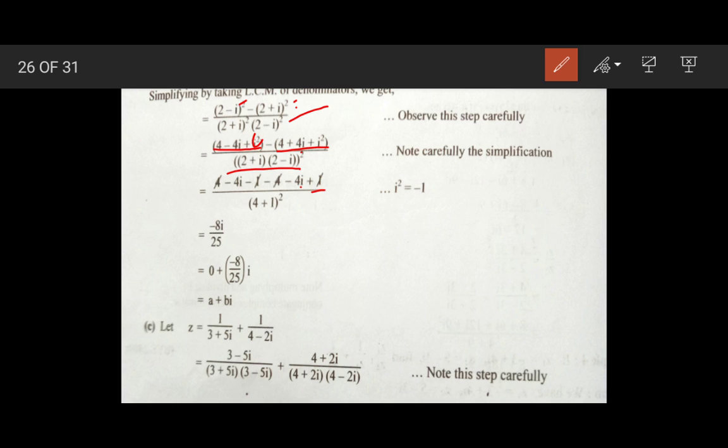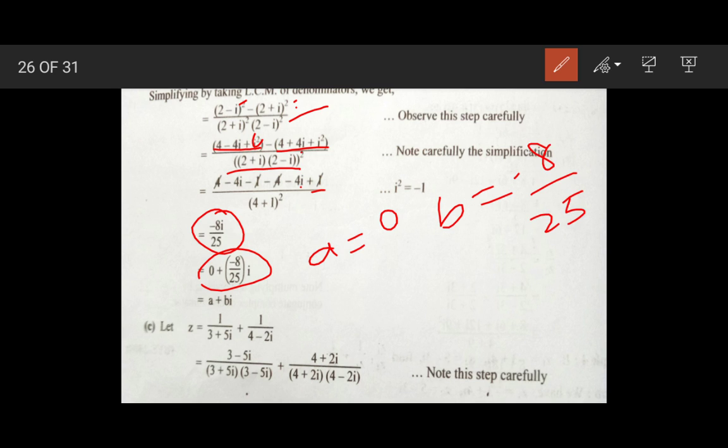So by canceling out the common term we get this as minus 8i upon 25. So this can be written as 0 plus minus 8 upon 25i. So here a is equal to 0 and b is equal to minus 8 upon 25. Okay. Now the C is